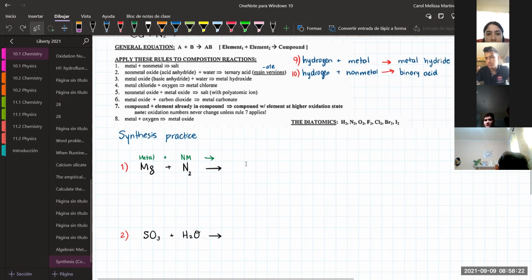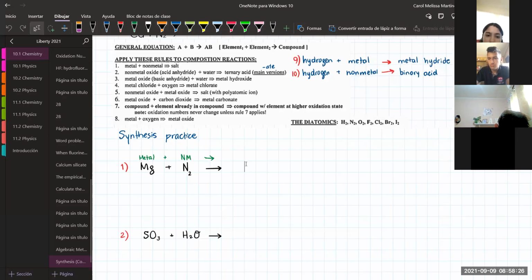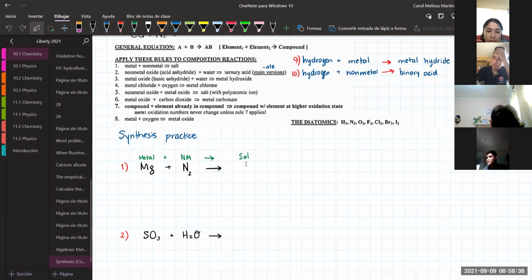In the first rule, it says that whenever you have metal plus non-metal, what is going to be produced is a salt. A salt is a combination of metal and non-metal, okay? So you're going to produce salt as a result, okay? So in the combination of the two, you will have magnesium, okay? You will have magnesium,